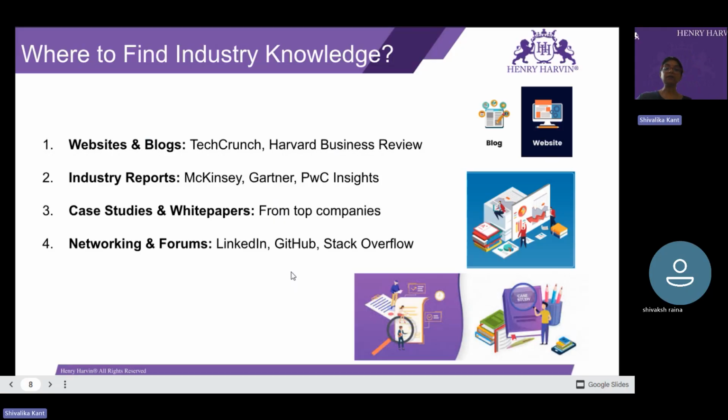Okay. Then we have industry reports and market research. So McKinsey, Deloitte, PwC, KPMG, then you have EY reports. These consulting firms publish free reports on trends, risks and opportunities.